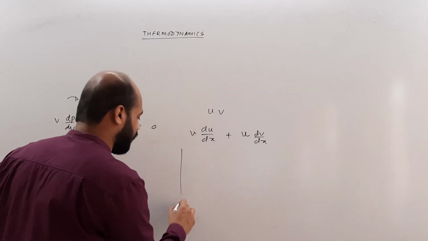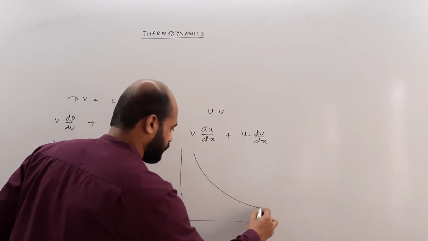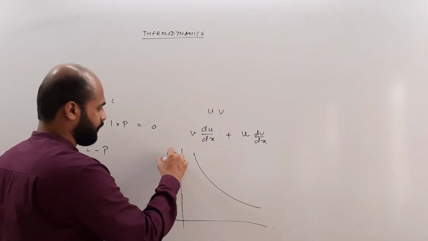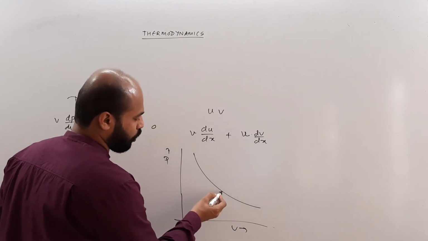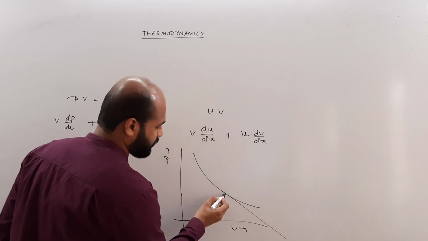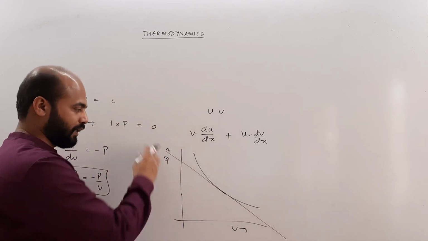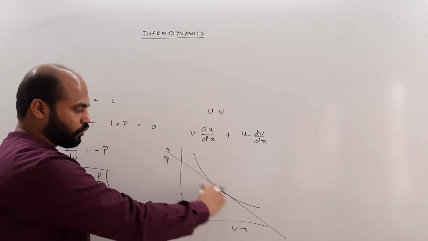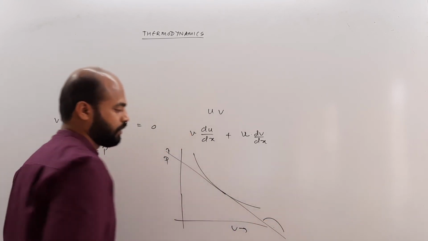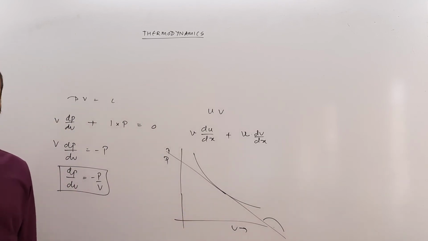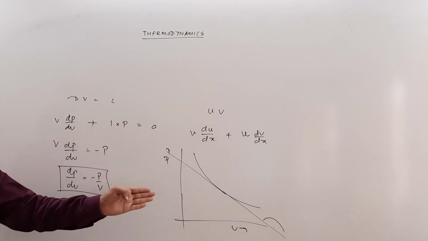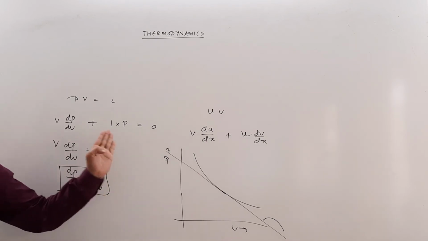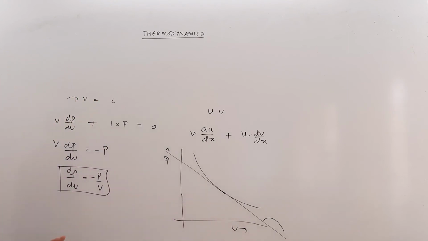Now if I draw a PV graph, let's verify it from the graph as well. If this is the graph, that is, this is the isotherm on the PV graph, then you can clearly see that this is going to be the tangent at any point. It's always going to be in this fashion. Take any point and this angle is always going to be obtuse. Now if this angle is obtuse, then you have studied in straight lines that it will have a negative slope. So that's what we are getting over here from this equation. So the slope of this curve is minus P by V.